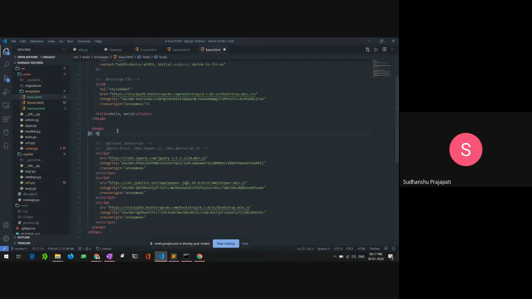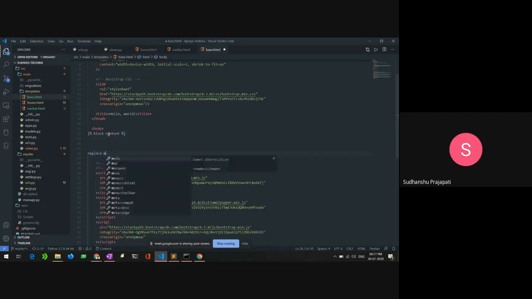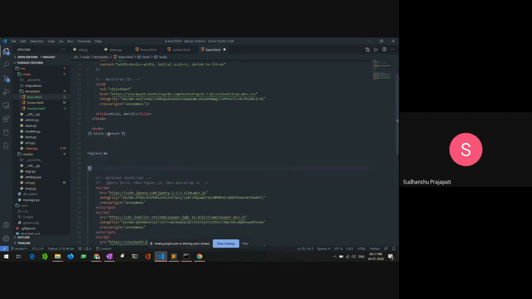So for that, I will create a block content. You can name it anything, I can change the content name to anything here, but for now I'm naming it content. And here I will write replace me, and I have to close it also. For every template tag that you open inside the HTML file, you also have to close it. So I will close it like this.